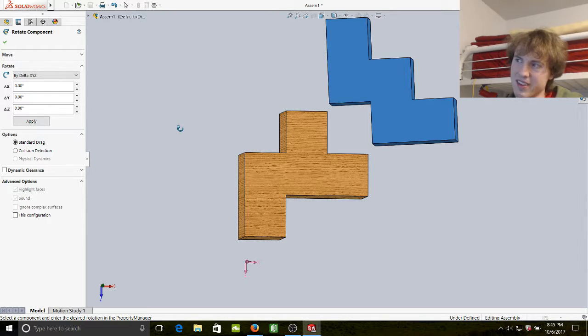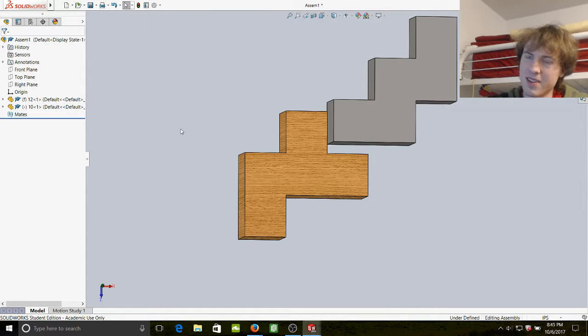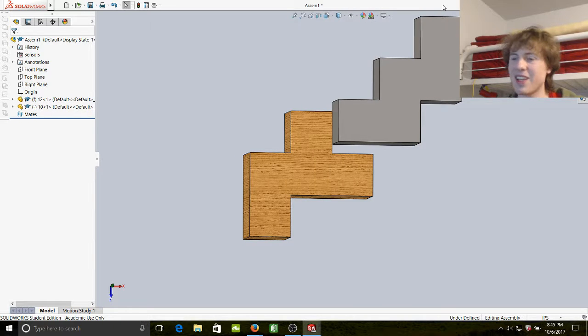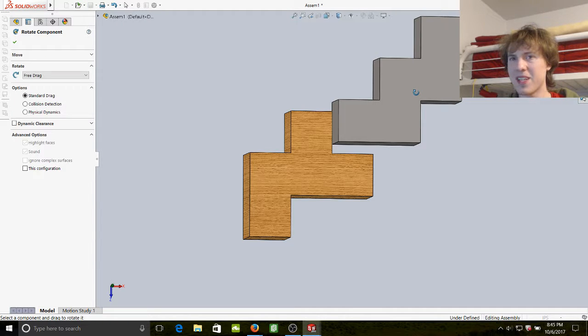Okay. Hold on. Let's search our rotate again. Let's rotate component. Oh, 2D to 3D. I hit rotate. What the heck? I'm gonna rotate this component. I want to rotate that, and it's gonna be